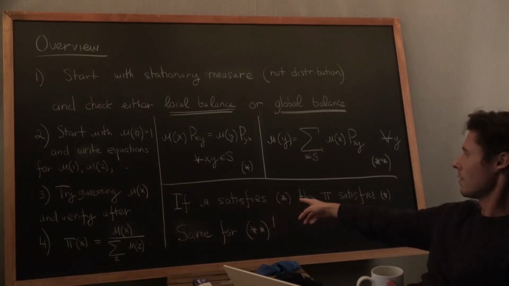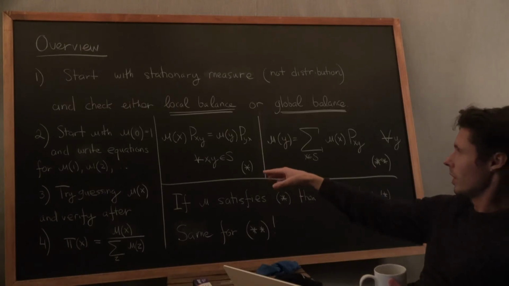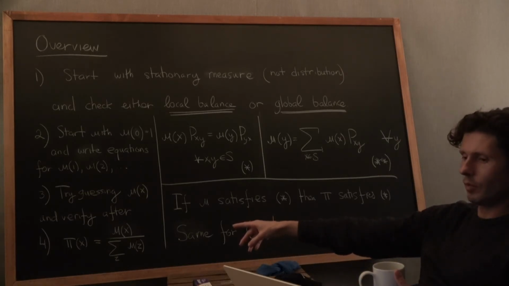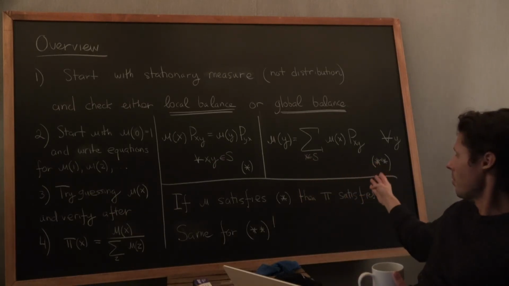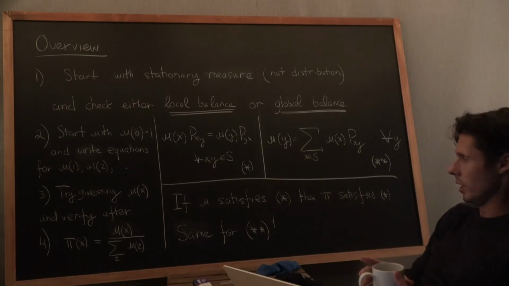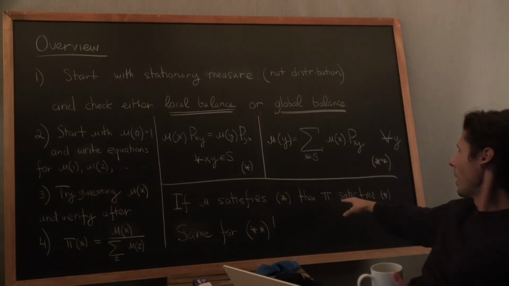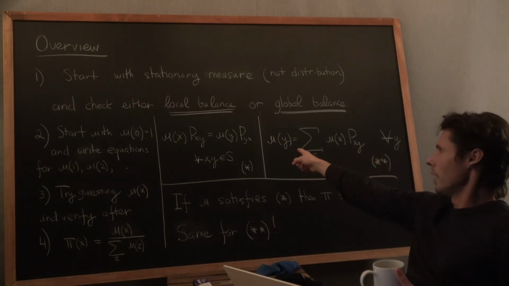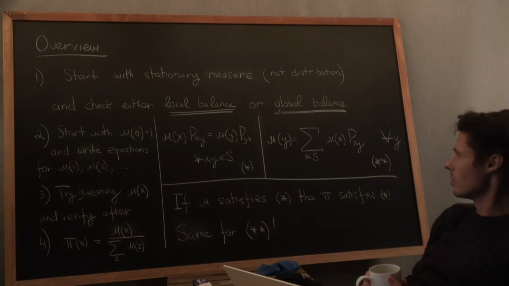So if mu satisfies star, then pi defined in that way must satisfy star. Why? Because we can divide both sides of this equation by any constant, including the sum over all the mu's, and still get the same exact equation to hold. And so mu satisfies star means pi satisfies that same local balance relation. And identically for global balance, if mu satisfies double star, then pi satisfies the double star global balance equations. That's again because I can divide this side by a constant and this side by a constant, and that constant in my case is going to be the sum over the mu's, and that will show that pi is the right